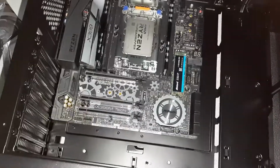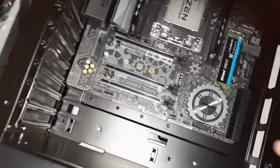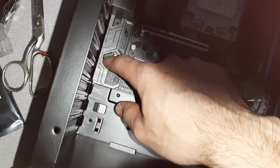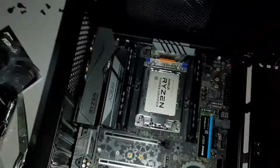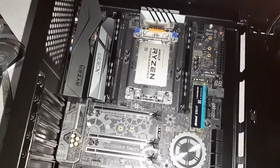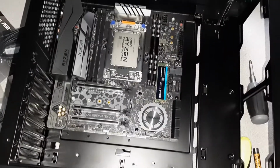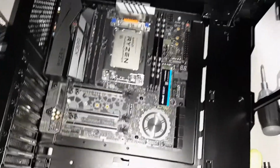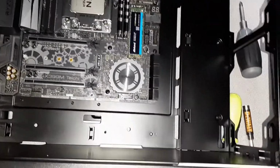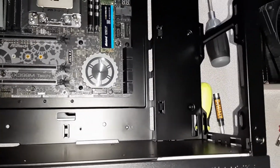Alright, so I finally got the motherboard in, after messing around with another standoff. They had to go right here, and then the other one had to be moved right here. I'll screw in the motherboard now, and then we'll take it from there. Alright, got all the screws in finally. And I got the RAM placed right. I had someone look it up for me. Thanks, shout out to them. So now I'm going to start